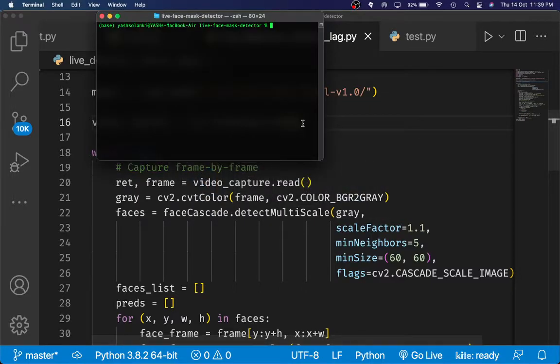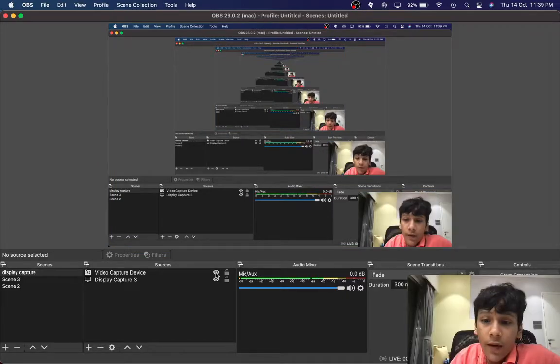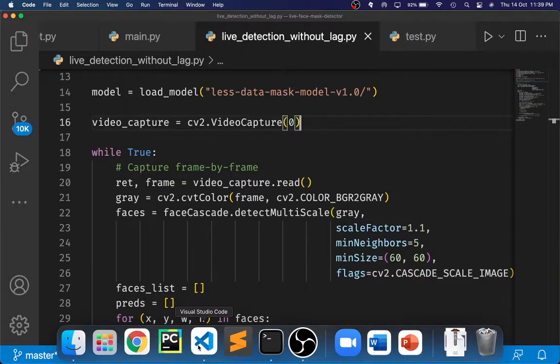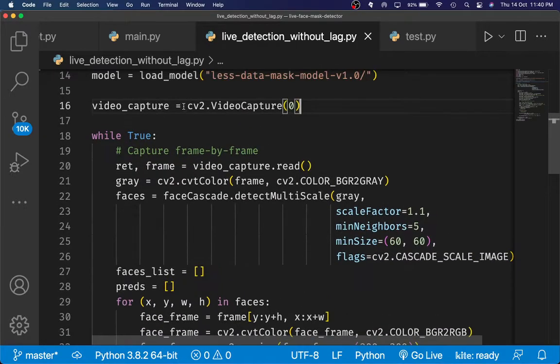One thing to note is that if I enable my webcam over here, I will not be able to run the file, because you can only video capture when the webcam isn't already running in the background. So if you are recording already, like you are already using your webcam, make sure to close that up before you run this code, because you will probably run into an error.